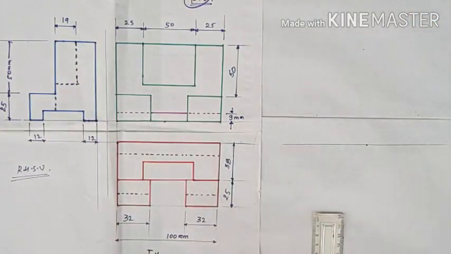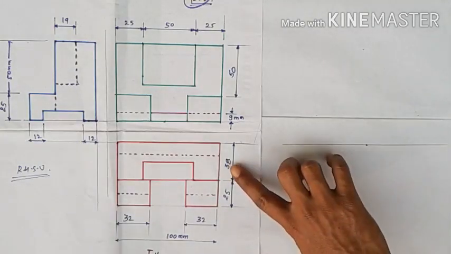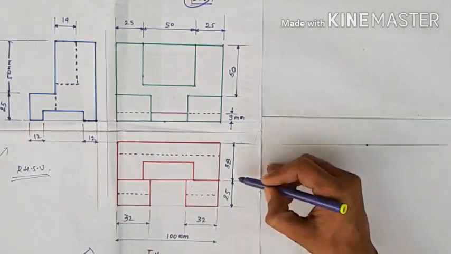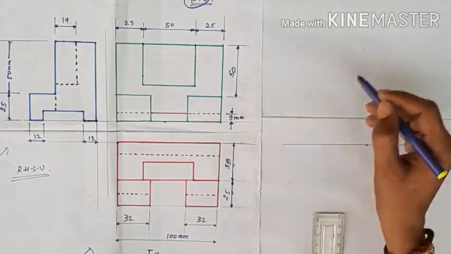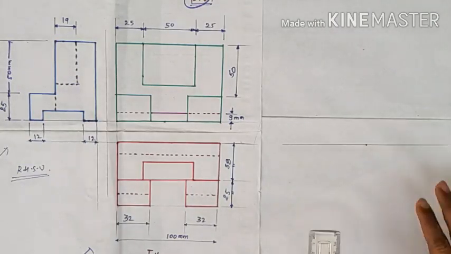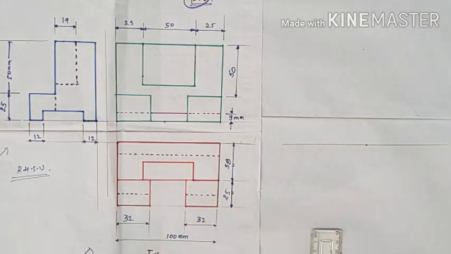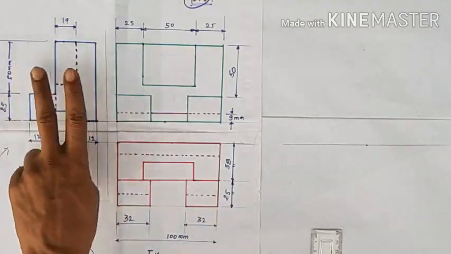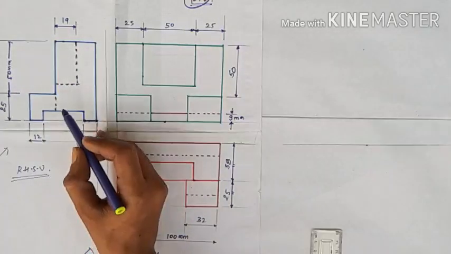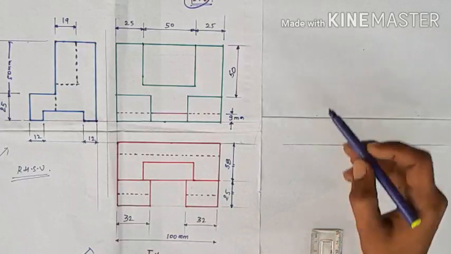Now let's talk about the width. The width is seen from the side view and the top view. So 38 plus 25, that means 63 is the total width. Now start with the two basic lines, length and width. Again, don't get confused with the procedure. According to the first angle projection method, this is the right side view because it is drawn to the left. So it is again drawn from the right side when we construct the isometric projection.